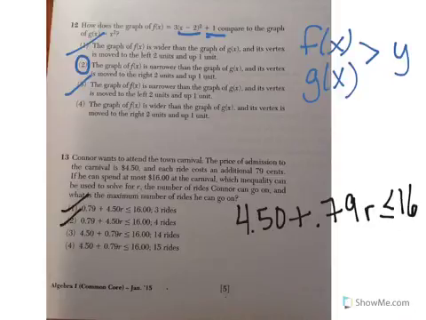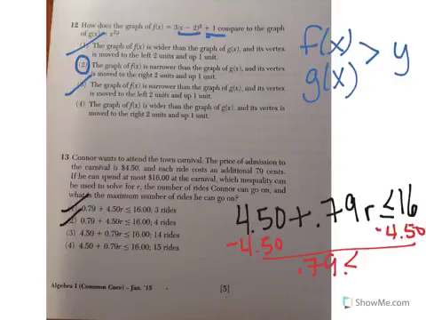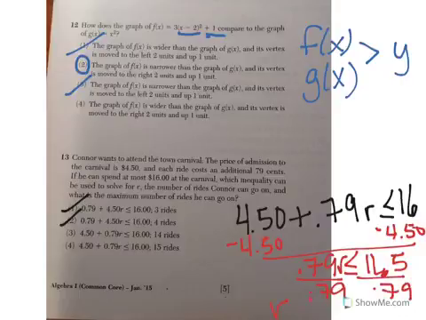So it's between choice 3 or 4, and ultimately I need to figure out if he can go on 14 rides or 15 rides. So the way that I would do this is I would just solve for r. So what I'm going to do is subtract $4.50 from both sides of the inequality, and I'll be left with 0.79r is less than or equal to 11.5. When I divide by 0.79, I'll end up with r is less than or equal to